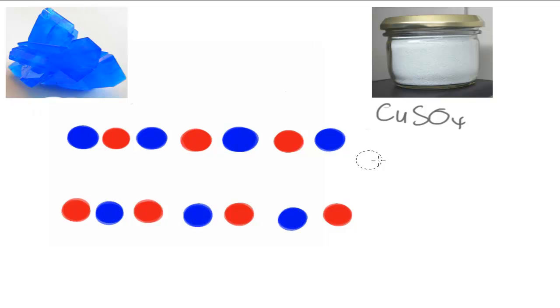And basically between this layer of ionically bonded ions, we would have water molecules. Let me decrease the size of my pen. Let me do the water molecules in light blue. So we'd probably have water molecules like here, maybe here, etc. We'd have lots of water molecules in here,